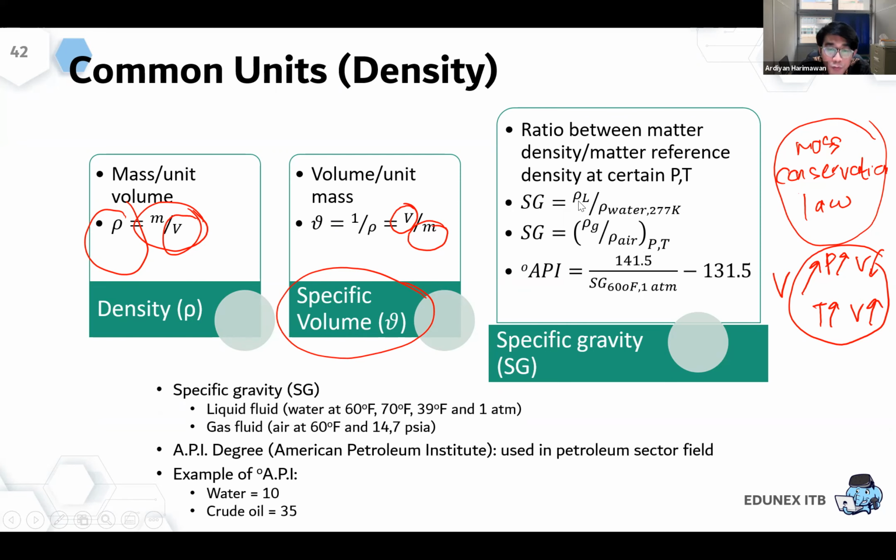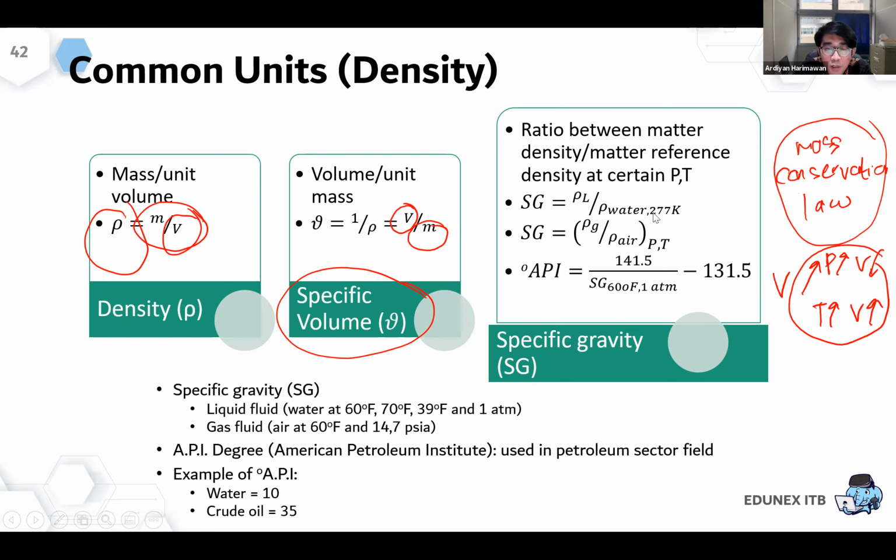Of course, the calculation of specific gravity will normally be done at the same condition, especially for the gas. It is always done at the same pressure and temperature, and then you just divide the gas density by the air density at the same pressure and temperature. Same with the liquid. The density of the liquid, you divide it by the density of the water at, this is